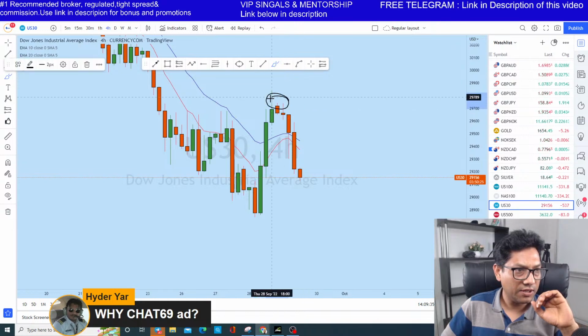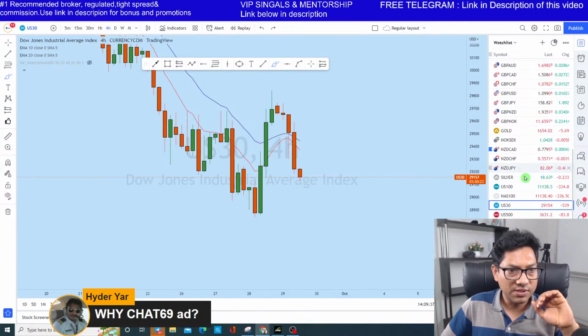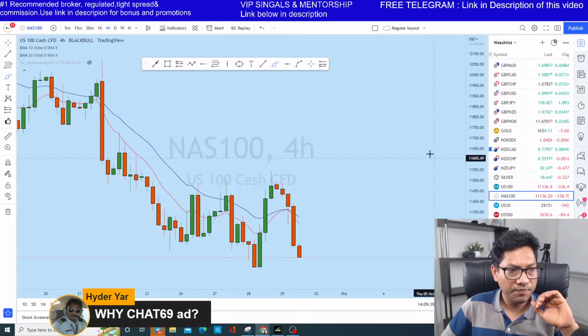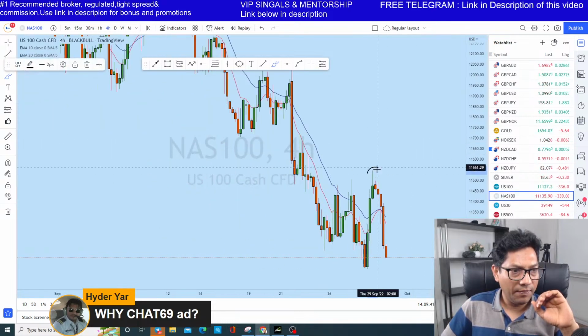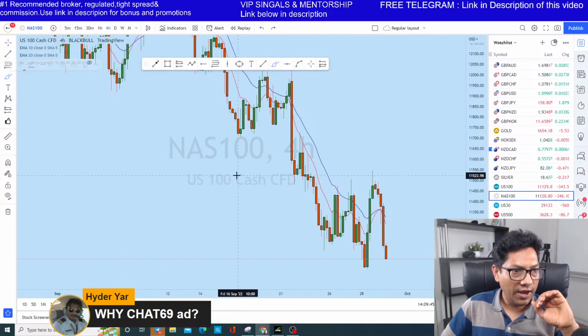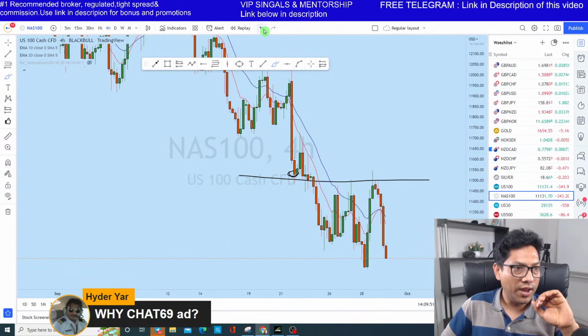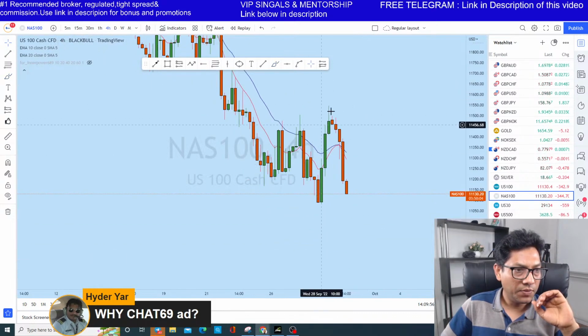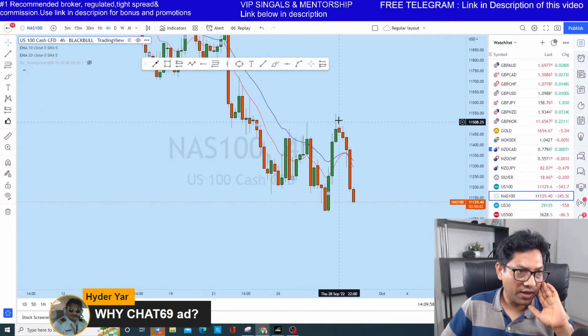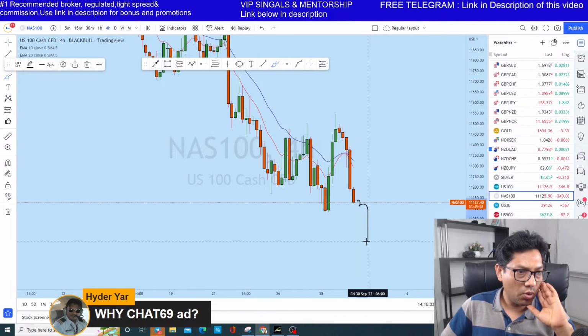So US30, guys, for me this is a liquidity gap. You can see that. So NAS100 and US30, both of them grabbed the liquidity from the top, from this zone, and you see that the previous support acted as resistance, grabbed liquidity. Now we have seen a drop. So NAS100 is very strongly bearish. Now you see back to back quite a few liquidity grabs. Now it has momentum and it's coming down.